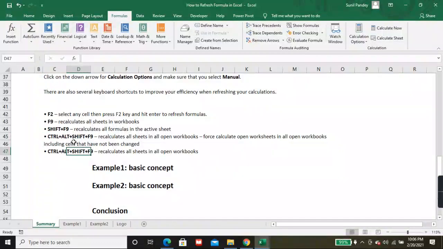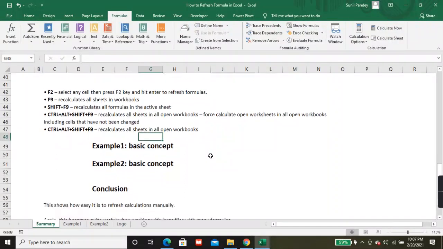Control Alt Shift plus F9 recalculates all sheets in all open workbooks, including cells that have not been changed. If you have opened a lot of workbooks and press Control Alt Shift F9, it will recalculate all the workbooks, including all worksheets.